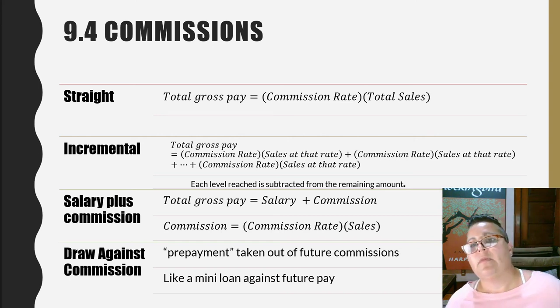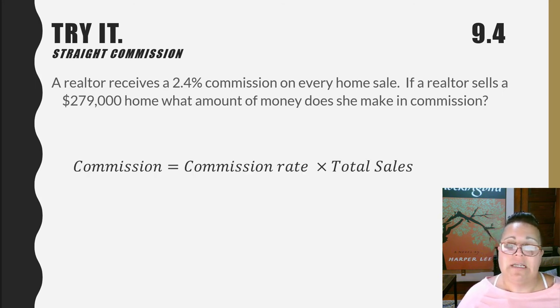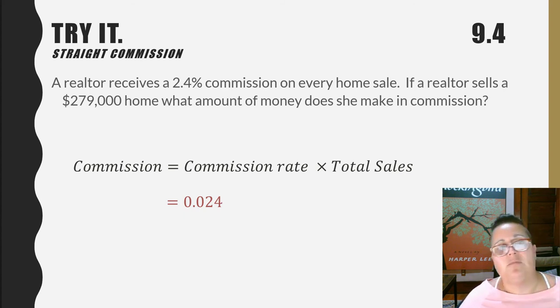Okay. All right. So here's an example of a straight commission. A realtor receives a 2.4% commission on every home sale. If the realtor sells a $279,000 home, what amount of money does she make in the commission? Now, your commission is just your commission rate times your total sales. Most of the time, realtors work on straight commission. So we would take the 2.4% and move the decimal point over to make it a rate. So 0.024 times the total sale of the house, which is $279,000, to give this realtor a commission of